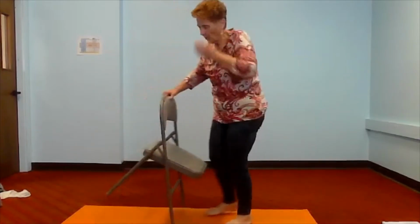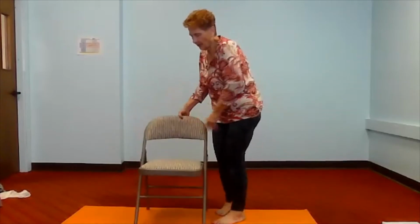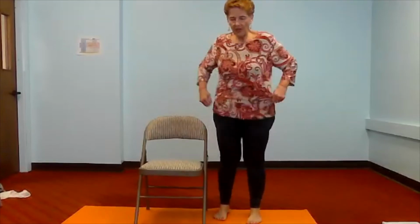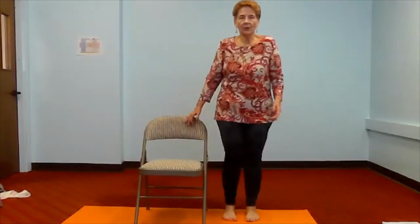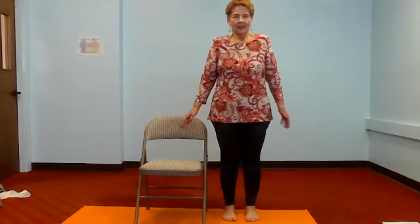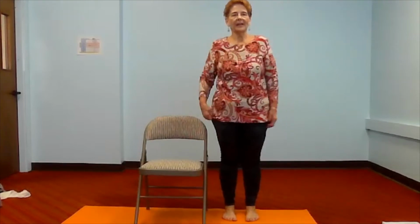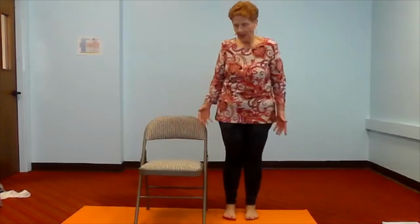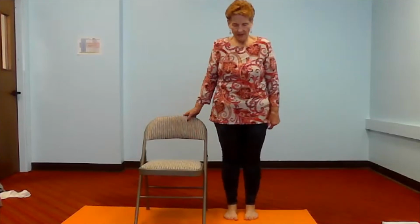Turn around. All right. What I'd like us to do is come, shake it out, walk to the side of your chair, and do some balancing. I, for one, have fairly poor balance, and I think that's part of the strengthening and the endurance, building that up. So let's move to the right side of your chair